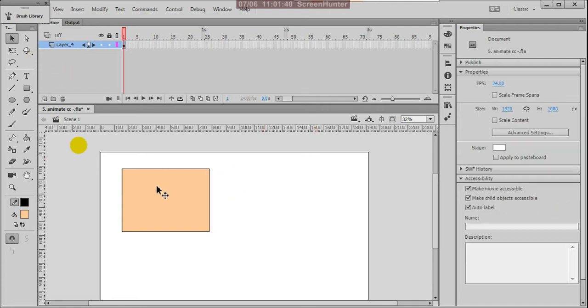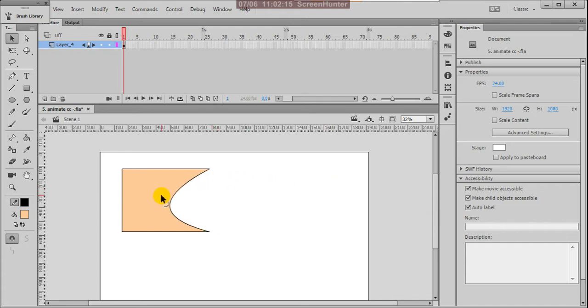And one more thing. With your selection tool, you can move your cursor here. The arrow itself shows some curviness. That means you can make curves on a straight line with this selection tool. Now you can left click and drag this.